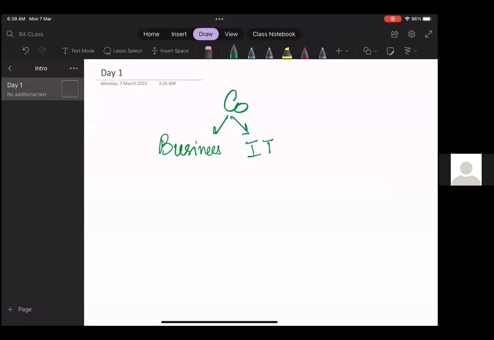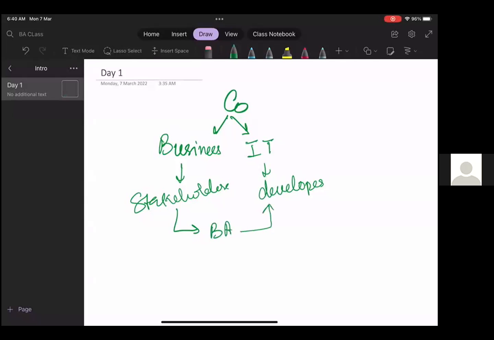The business consists of business stakeholders who make business decisions, and the IT consists of developers or testers. Their major role is to help build the project. Since the two departments cannot interact with each other directly, there comes the role of the business analyst.